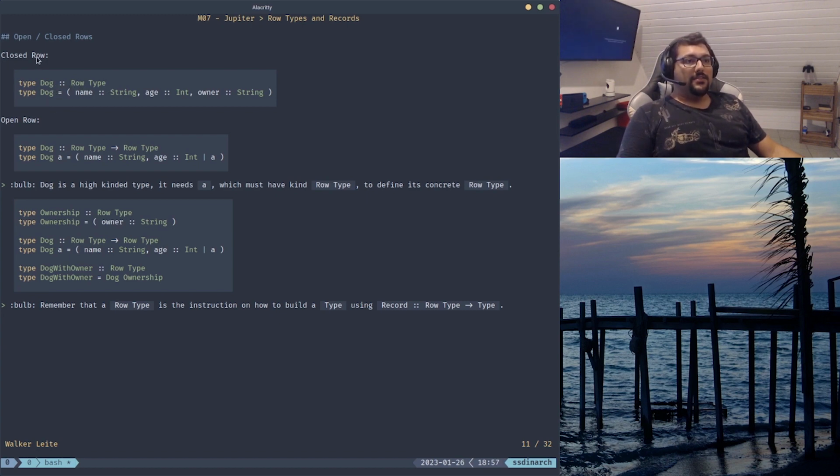And this is a closed row. We're not talking about the records now. We are talking only about the row, okay? So this is a row, and you can see the row has only name, age, and owner. So nothing new here. It's the same thing we did before. But we say this is a closed row because it does not allow us to remove things or add things in that row, okay? And here we have an open row,